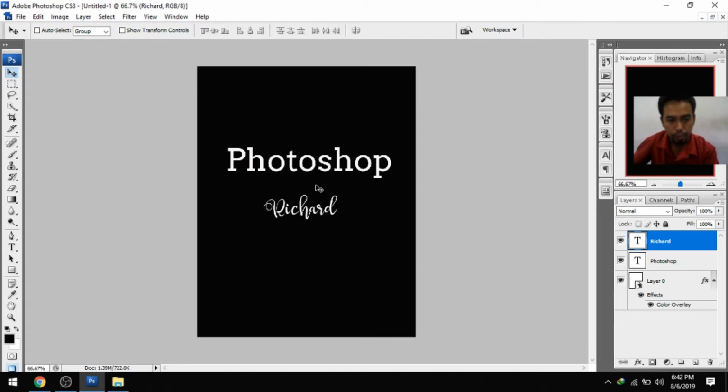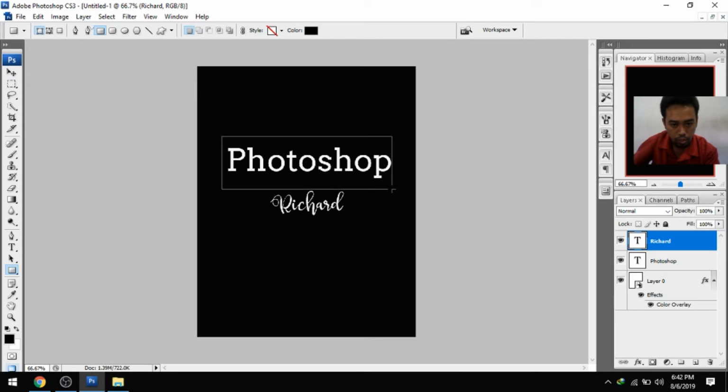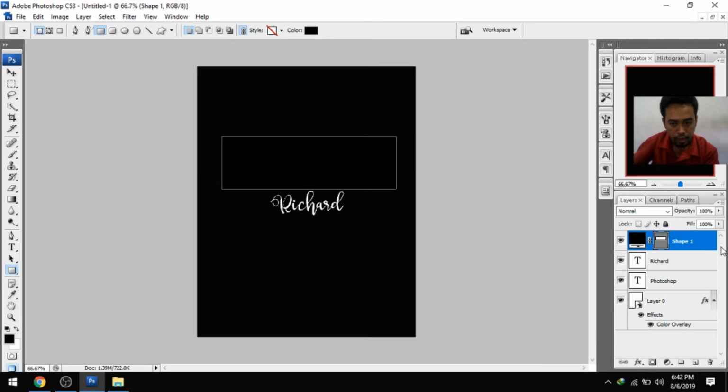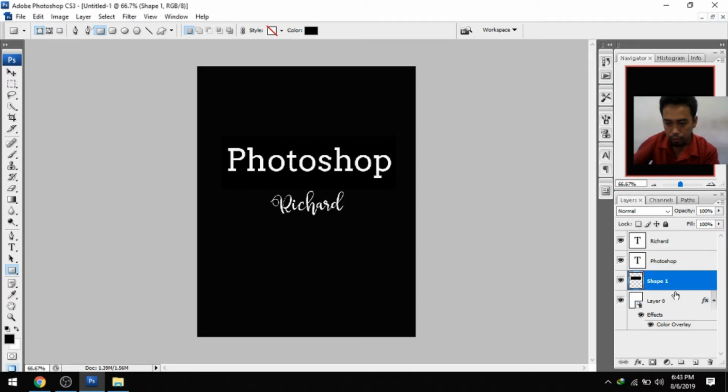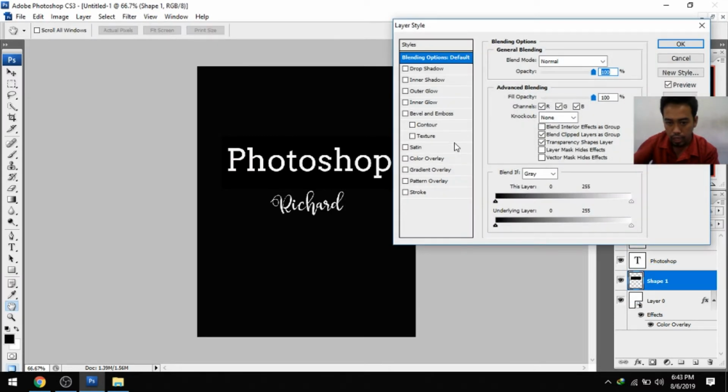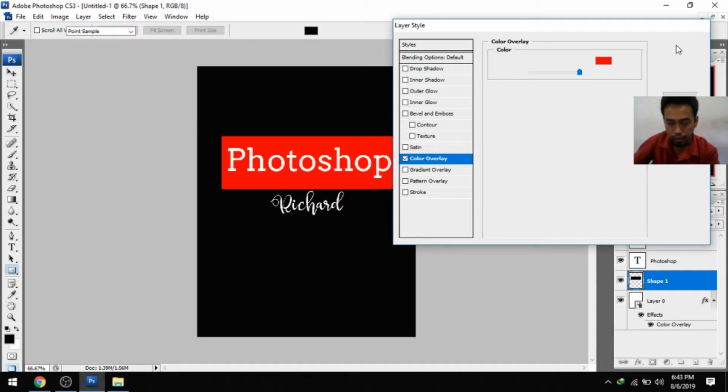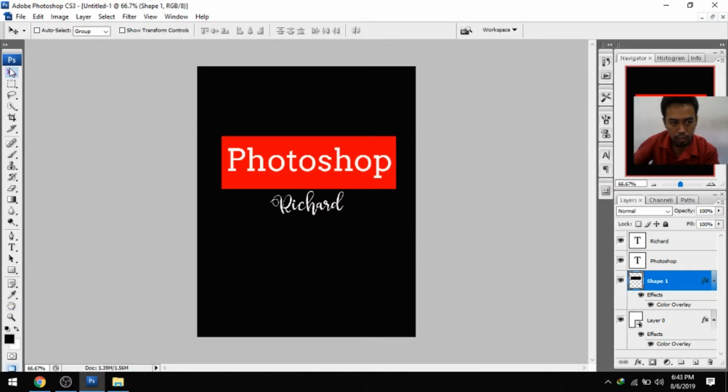So I have here the Photoshop and the text. So I'm gonna try to put another object, which is shapes, and the rectangle tool. I will try to put this one here, and rasterize layer. I'm gonna drag below the Photoshop and change the color. Just double click and color style with the red, and that's it. And I will change my red shape. Click the layer and drag to this area,